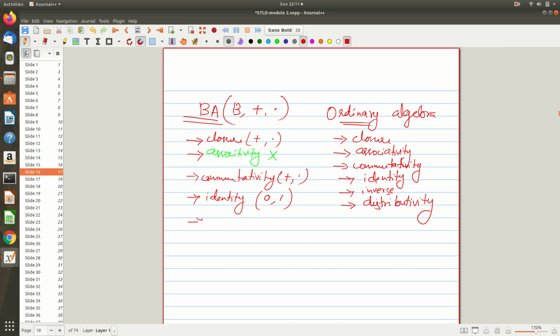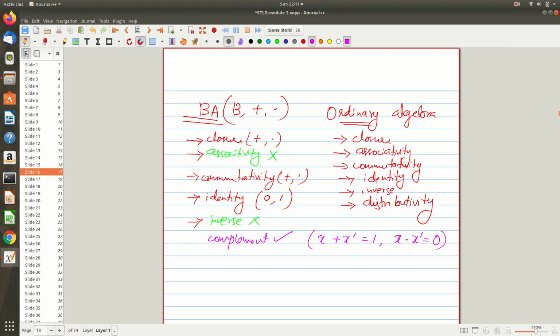Okay. Now what about inverse? Here we do not have the concept of inverse, right? But equivalent to the inverse, we have something called a complement. Complement is something newly introduced in Boolean algebra, and the requirement is that any element plus its complement should give you the identity element of the dot operator, that is 1. Similarly, any element dot its complement should give you the identity element of the plus operator, that is 0. That is how we define complementation.